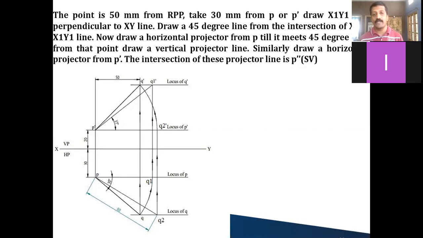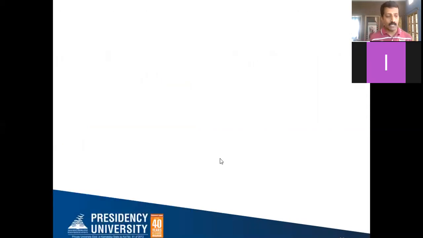What are the things that you need to find out at the end? According to the question, whatever he has given, you need to measure it and you have to write the answer. That's all. So this is how, in complete detail, the step by step procedure has been given: how to read the question and how to note down all the data. That's what you should always make a practice. First you read the question carefully and whatever data he has given, you mark it one by one. And what are the things that you need to find out, that also you put a question mark at the beginning itself, so you can write the answer after completion of the drawing.